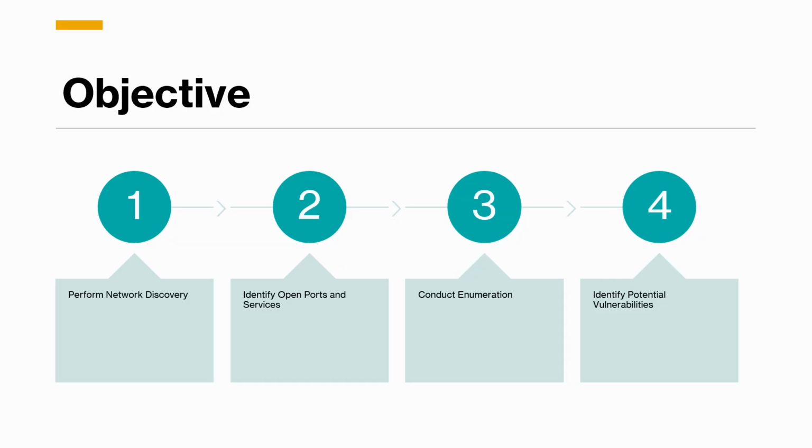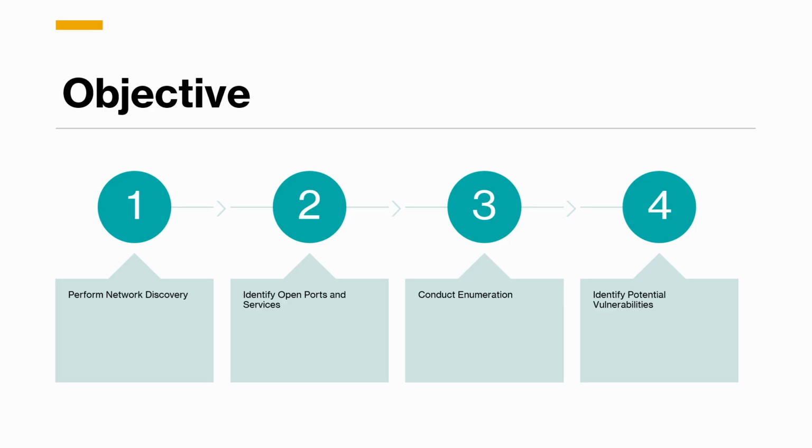The purpose of this lab is to understand how vulnerabilities can be identified through structured scanning and enumeration. This includes performing Nmap scans to discover open ports, identifying running services and their versions, and mapping those services to known vulnerabilities. This process mirrors the early stages of a penetration test, where an attacker gathers as much information as possible before attempting exploitation. The key takeaway is that vulnerabilities often become apparent through misconfigurations, outdated software, and unnecessary exposed